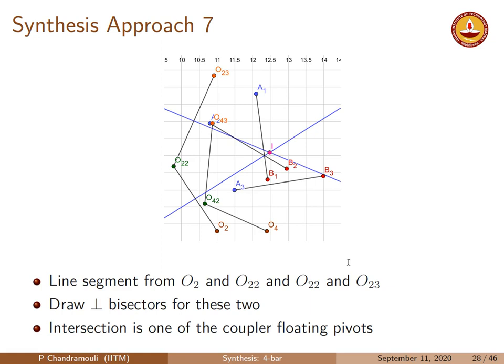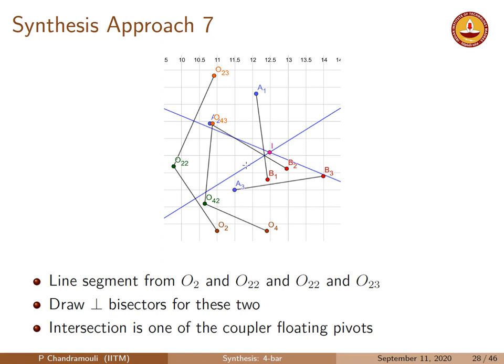We draw the perpendicular bisectors of these two lines. So you can see here, this is O2, O22, this is O22, O23. The perpendicular bisectors are drawn. The intersection basically is what I'm calling I. We do the same exercise for O4, O42 and O42 to O43. That intersects,